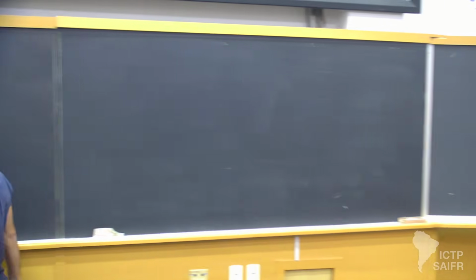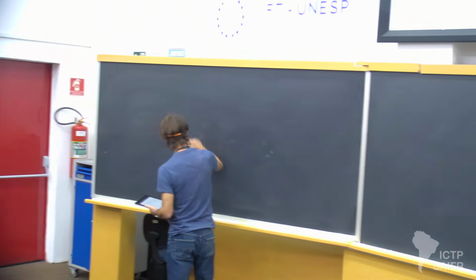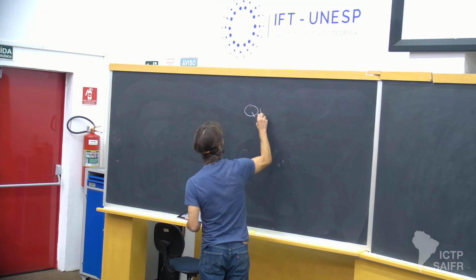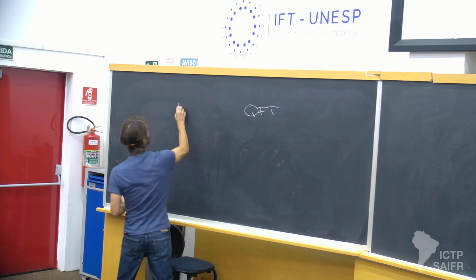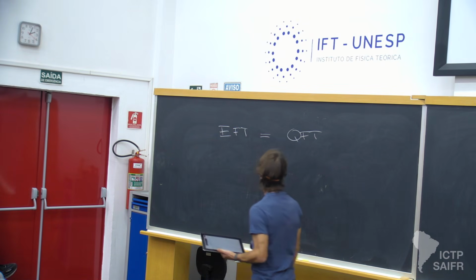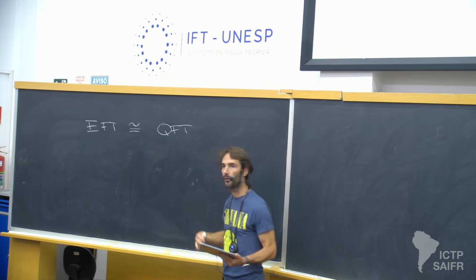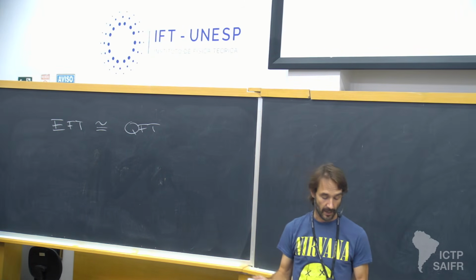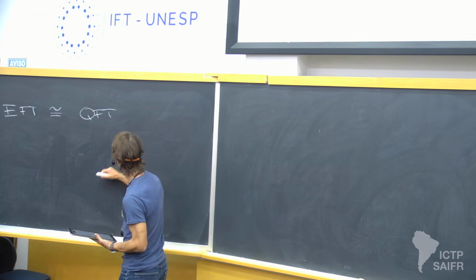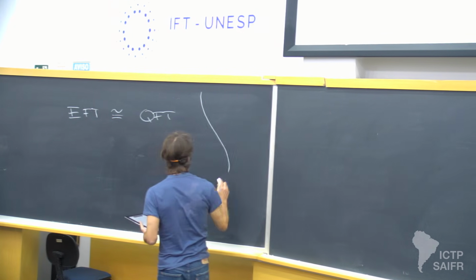And so let me maybe start with telling what these effective field theories are. So the slogan of these effective field theories is that they are almost equal to quantum field theory. So if you know quantum field theory, somehow probably you already know to some extent what an effective field theory is. And there is a picture that maybe helps you organizing what the differences are, which is a picture you find in many talks related to formal aspects of quantum field theory,